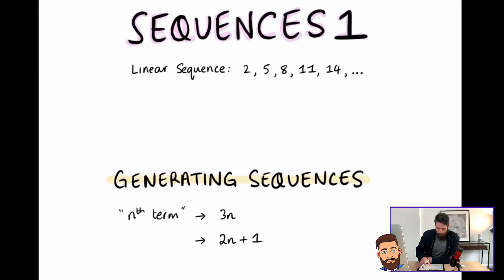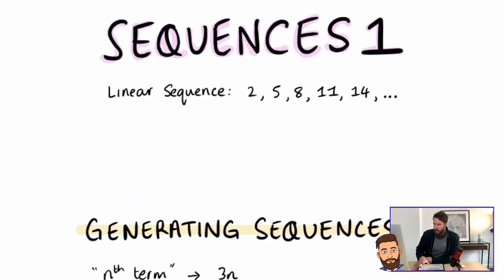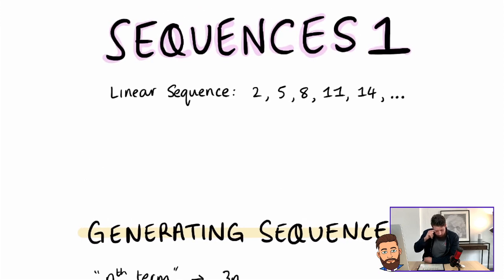sequences 1. So what we're going to look at now is the basics of sequences. Really, really useful for all year groups to know how to do what we're going to discuss in this lesson. And we'll start by looking at some definitions. So what I've written for you here